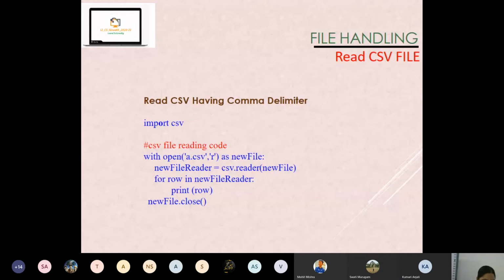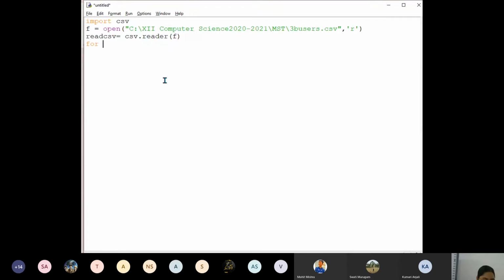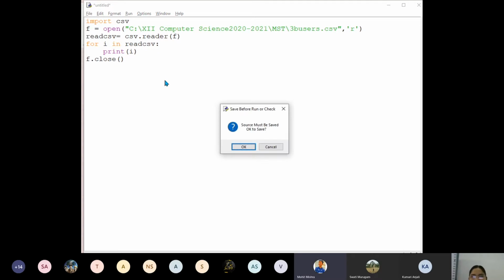Now what should we do? Take a loop, for i in read CSV, print i. That will print all the fields of all the records of read CSV, that is 3B users.csv. Got it, children? So now let me close the file. What is that file? F, isn't it? Now let us execute.